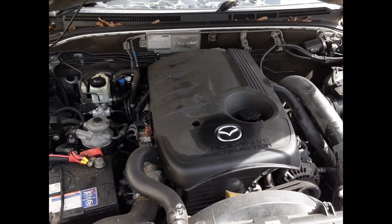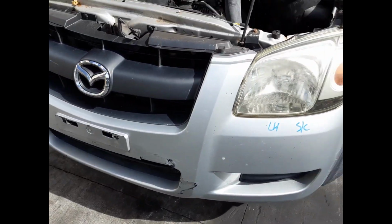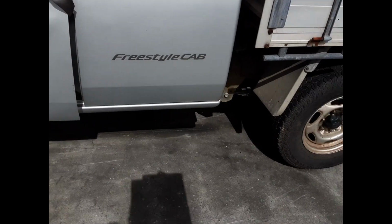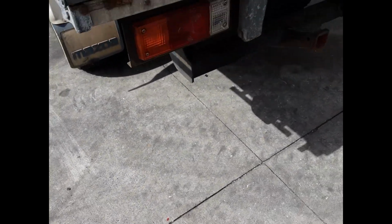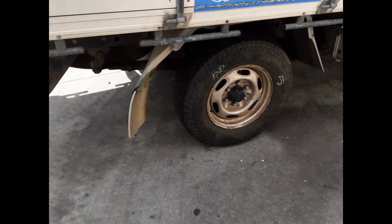WE-AT 3-litre 4-cylinder turbo diesel engine. We have the radiator grille, right-hand headlight, front bumper cover, left-hand headlight, left front 15-inch steel rim with a good tyre, left rear 15-inch steel rim with a good tyre, factory tow bar supplied with all bolts, brackets and loom, right rear 15-inch steel rim with a good tyre,